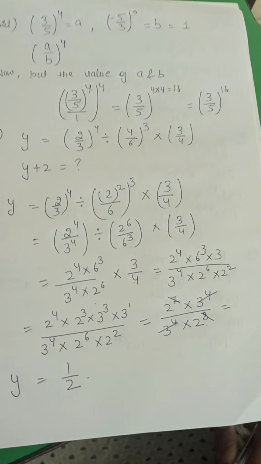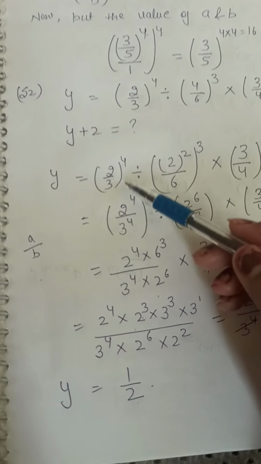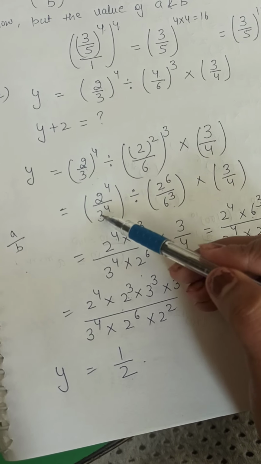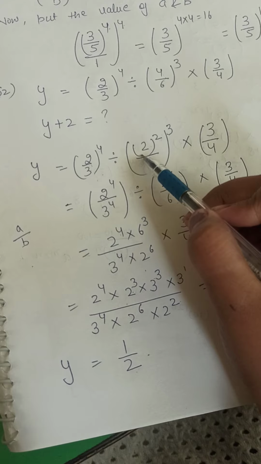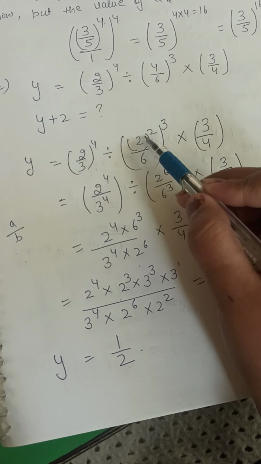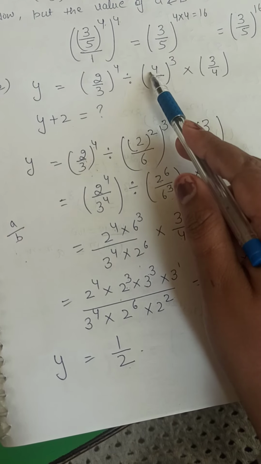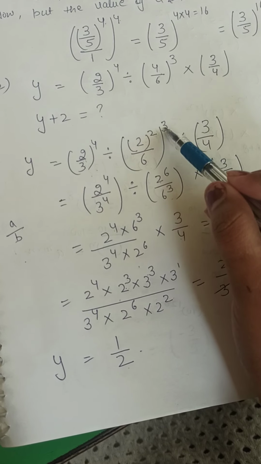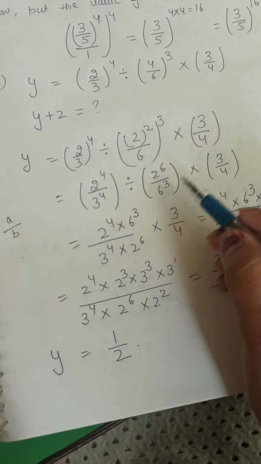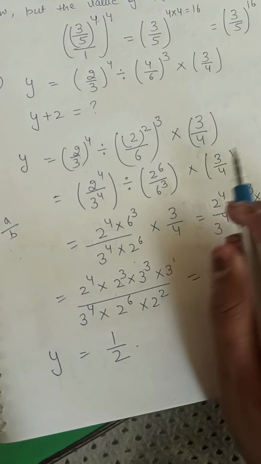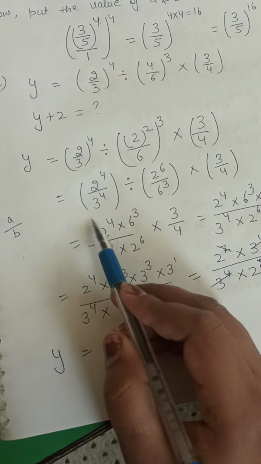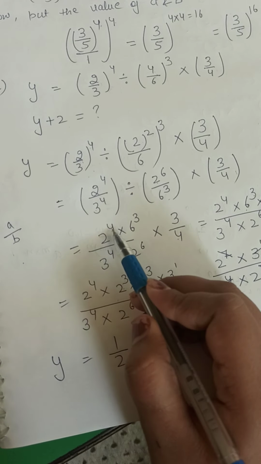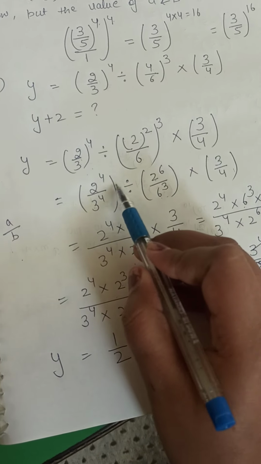How it comes? Just see once again. आपको पावर्स में गिवन था, हमने पावर्स को सेपरेट किया. दिस 4 आई राइट डाउन इन द फॉर्म ऑफ 2. 2 2s are 4. सो 2 की पावर 2 इक्वल्स टू 4. नाउ पावर्स को मल्टीप्लाई करो. 2 की पावर 6 मल्टीप्लाई 3 बाई 4 एज इट इज़. यहाँ पे पावर्स को सेपरेट किया. 6 की पावर 3. नाउ 2 दी पावर 4 मल्टीप्लाई, ये ऊपर आ जाएगा आपका.